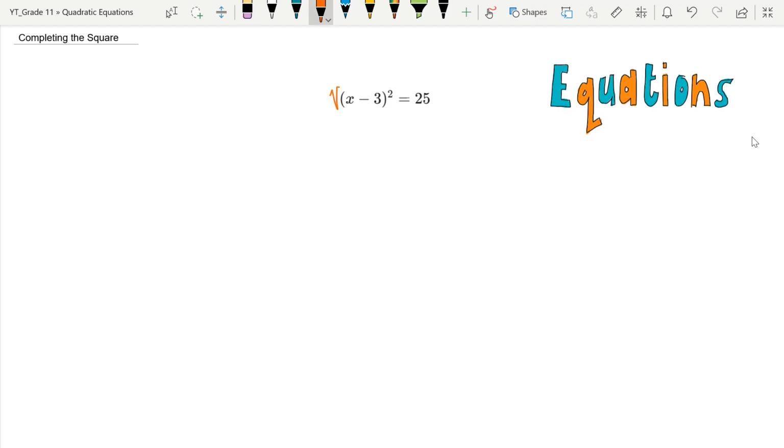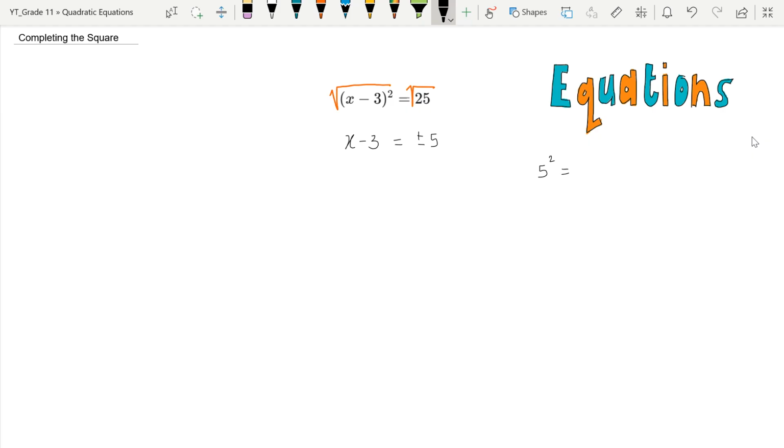We need to get the square root on both sides, right? If I get the square root on the left, I am staying true to my equal when I just get the square root of the right-hand side as well. What is left on the left? I've got my x minus 3 would be equal to plus or minus 5 because we need those two solutions, right? Because this is a quadratic equation and both those values satisfy